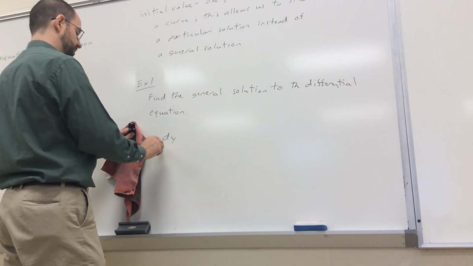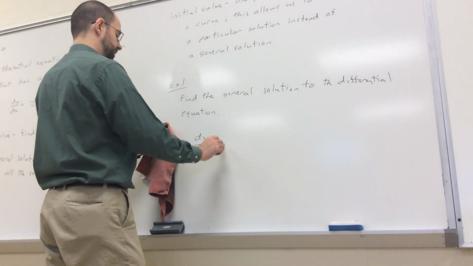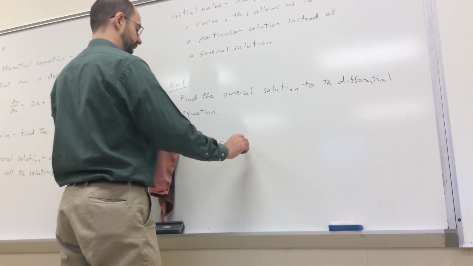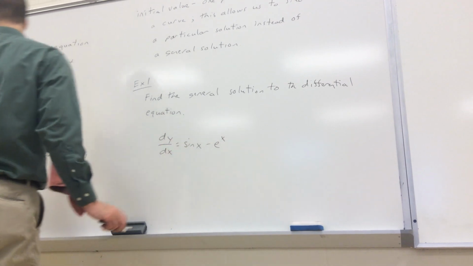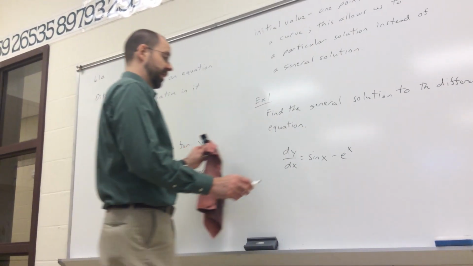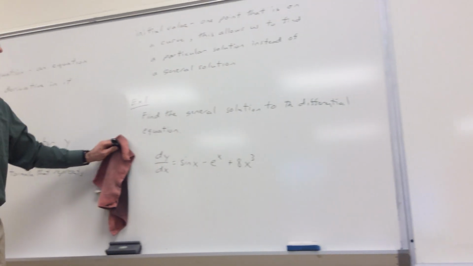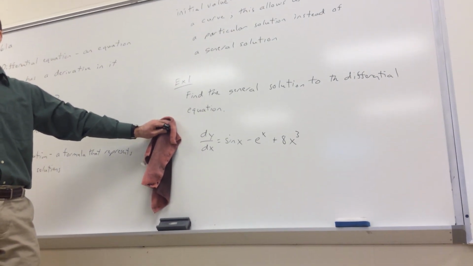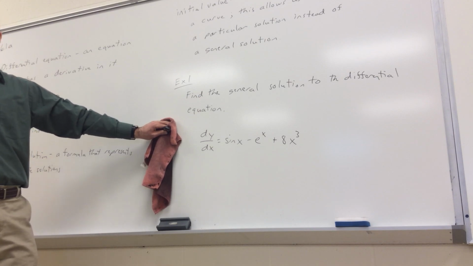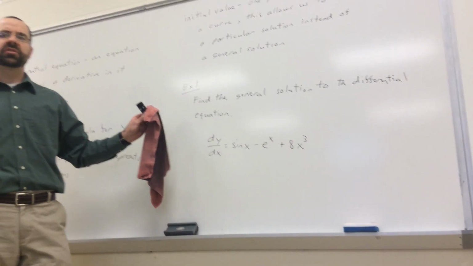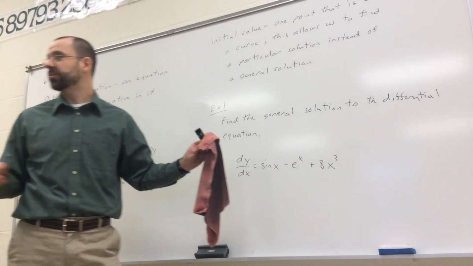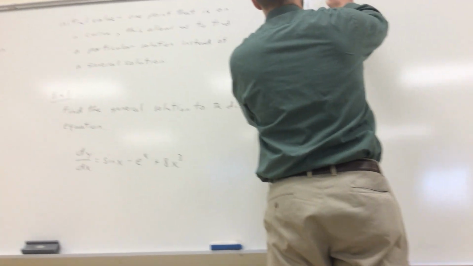The differential equation is dy dx equals the sine of x minus e to the x plus 8x cubed. And this problem is so much fun, I'm going to give you 2 different answers. So, for method 1,